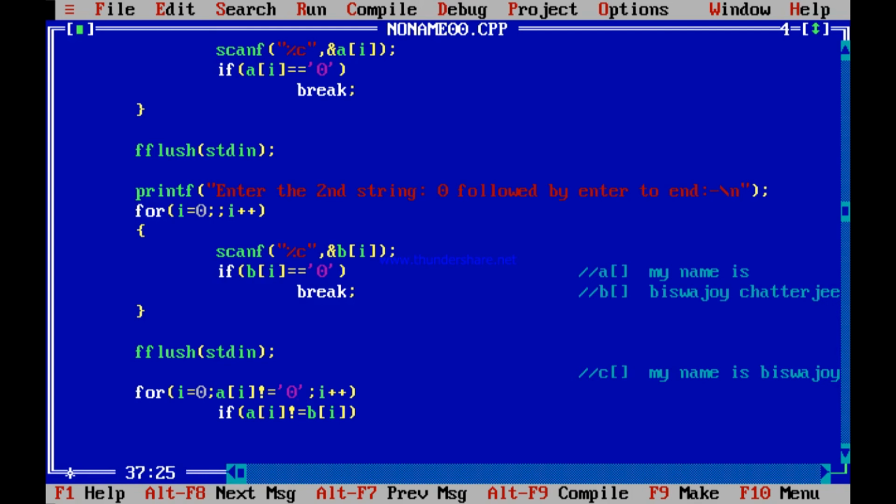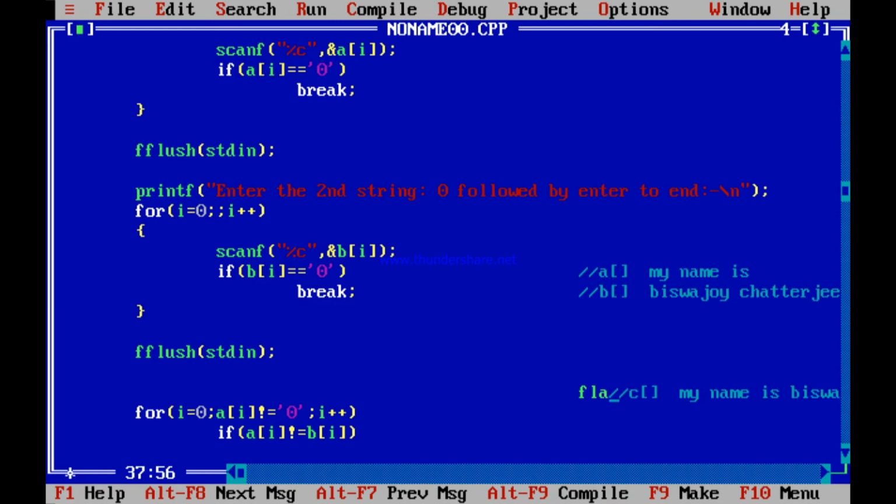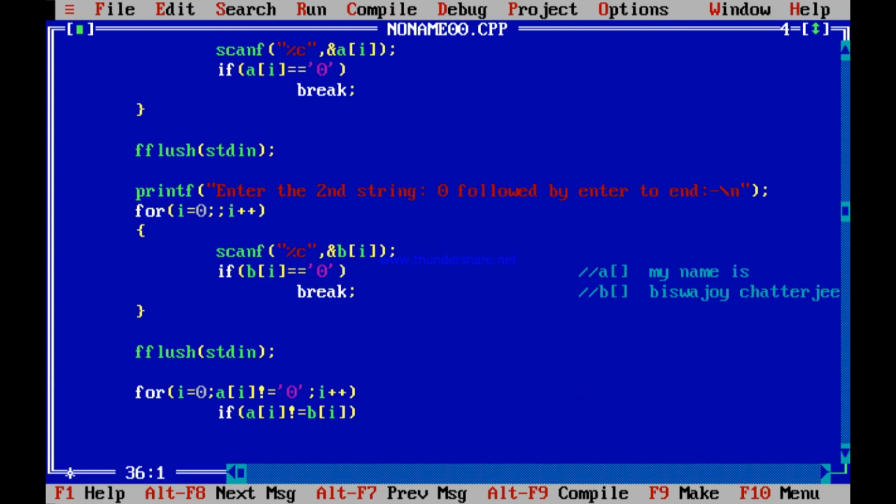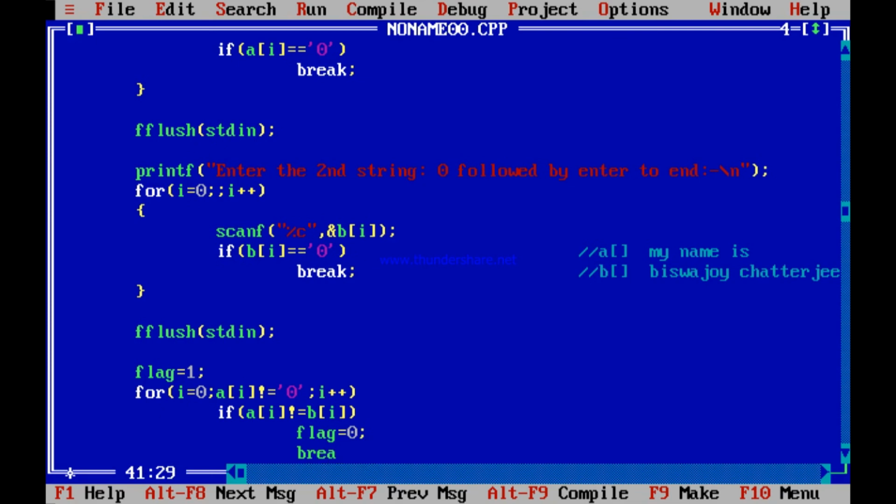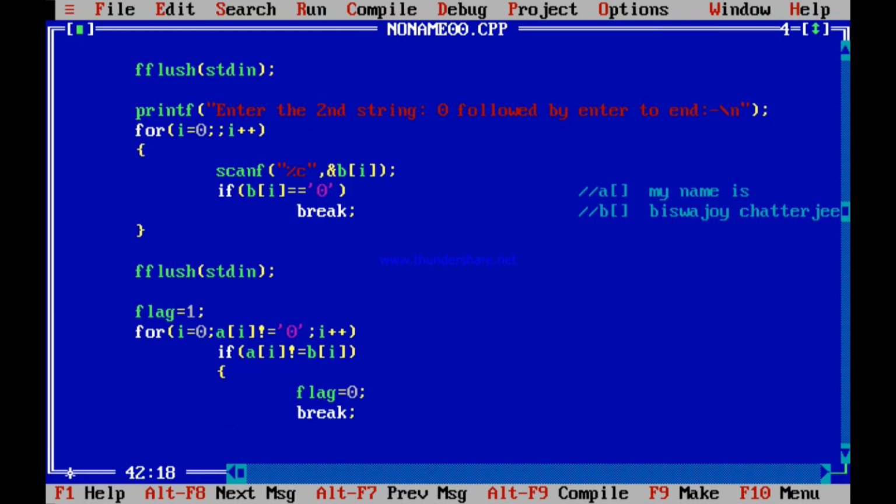What you do is you initialize a flag. Sorry. These things disturb actually. So let me get rid of this. So initialize a flag to 1, assuming that they are equal. If at any point of time you find that they are not equal, you immediately say that the flag is 0 and you break out. You get it? So this if should contain a bracket. So here also this bracket should end.